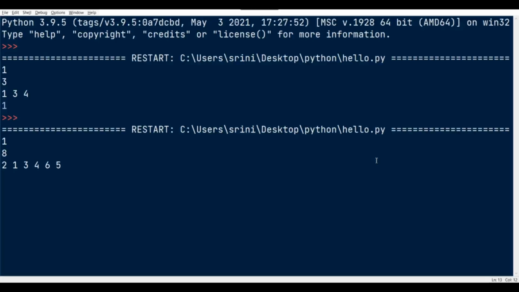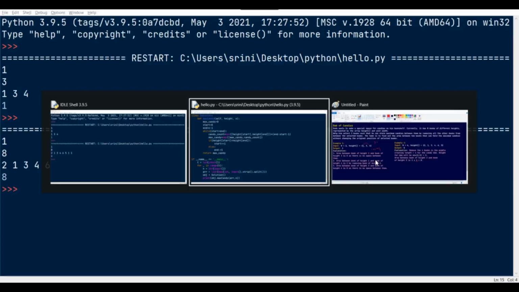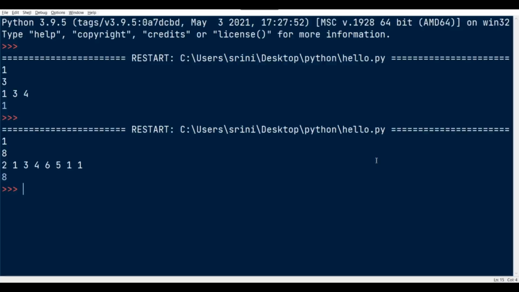So I have done something wrong. We are getting 8. This is because in the last iteration, according to our condition, the 2 is larger than the n value, right? So the n value will become here and after that we are getting the same.